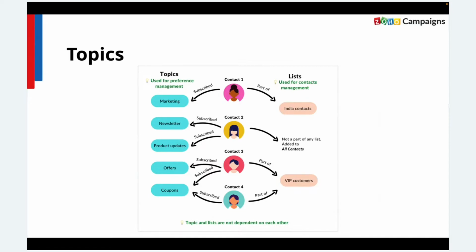So there will be people who are interested only in a few of these topics, right? So not everyone will be interested in receiving all kinds of emails from you. So you will have to associate a topic with each contact, so that they'll not feel frustrated in receiving all these types of emails, but then they can receive the emails that they are interested in receiving. So we have topics in Zoho Campaigns in order to make sure that you are sending emails that your recipient